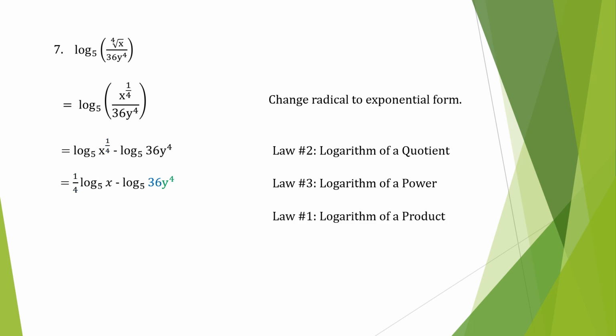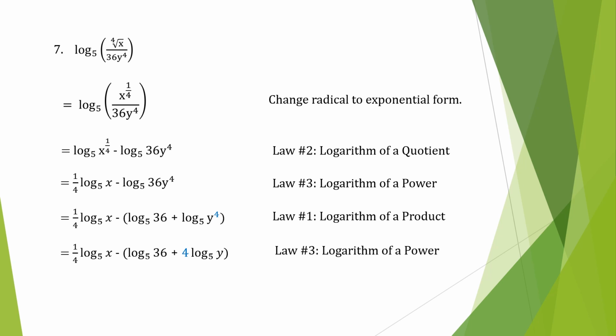Let us now apply law number 1, which is the logarithm of a product. So this will be equal to 1/4 logarithm base 5 of x minus the quantity logarithm base 5 of 36 plus the logarithm base 5 of y raised to the fourth power. To eliminate the exponents, we will apply the logarithm of a power: 1/4 logarithm base 5 of x minus the quantity logarithm base 5 of 36 plus 4 logarithm base 5 of